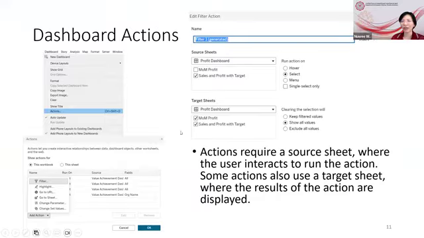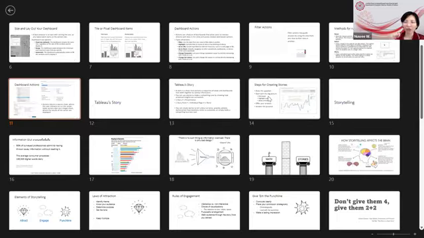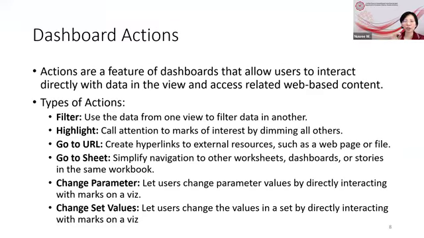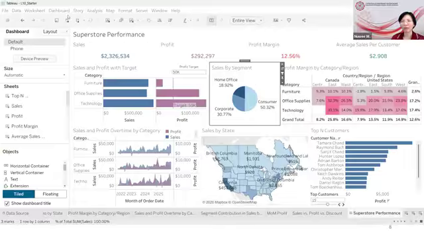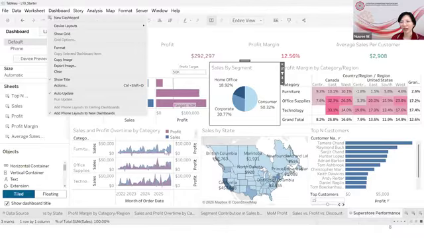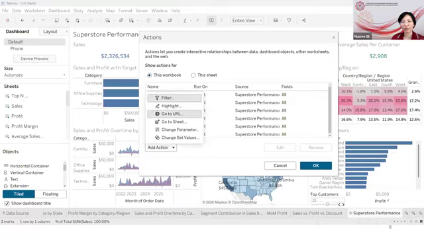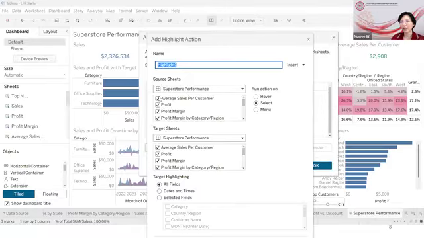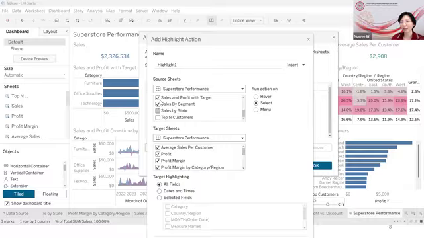Highlight action, what is highlight action ใช่ไหม? Highlight action is call attention to marks. แล้ว highlight คือฟิลเตอร์ใช่ป่ะ ข้อมูลจะหายใช่ปะ อะไรที่ถูกฟิลเตอร์เอา แต่ไฮไลท์เนี่ยแค่ไฮไลท์เฉยๆ นึกภาพออกไหม เอาใหม่มาลองดูก็ได้ สมมุติครูจะไฮไลท์เซลล์ by segment ครูไปที่ dashboard actions ค่ะ แล้วก็ add action highlight ปุ๊บค่ะ ครูบอกว่าให้ source sheet เป็น sales by segment อันเดียว แล้ว target sheet เป็นอะไรดี เป็น profit margin category ละกัน